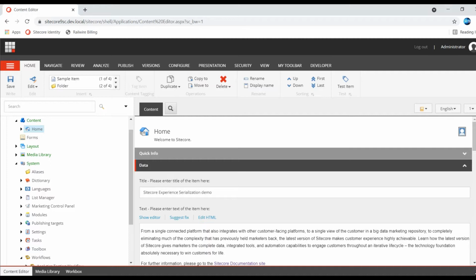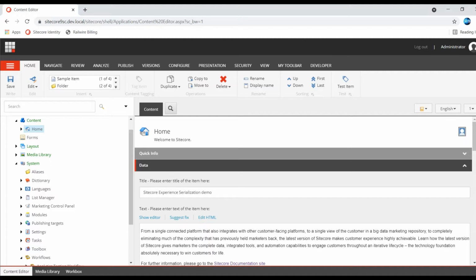Action is what you take after successful execution of the command, whether you publish it or send an email.